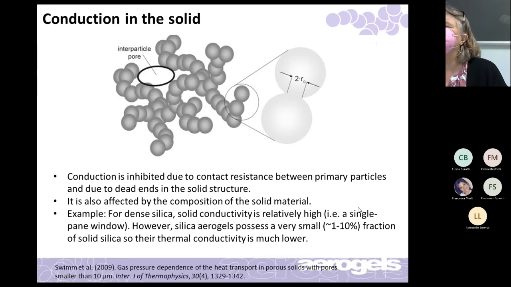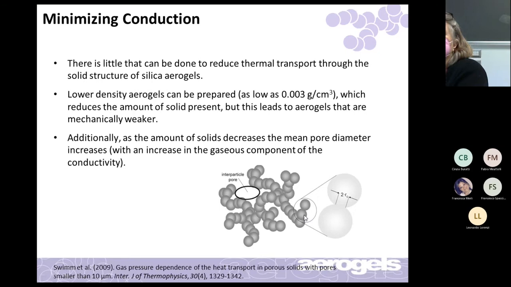Yeah. So that resistance, again, is where the area decreases. Let's say you have heat flowing in this direction, this will inhibit it, versus if it was just a cylinder, you'd have more. Yes, the contact points create it. Any questions from online? No. Okay. So there's not a lot that can be done to minimize that part of the overall thermal transport